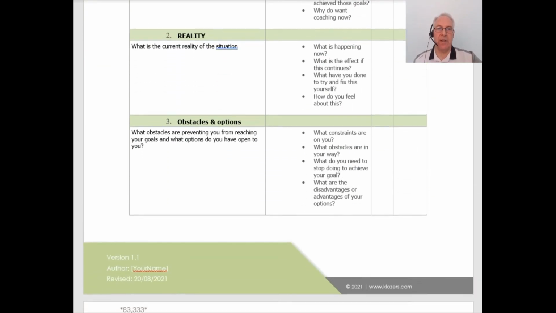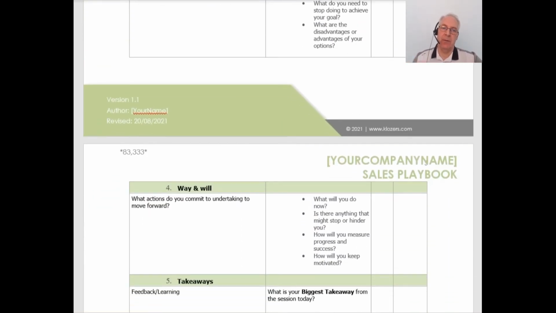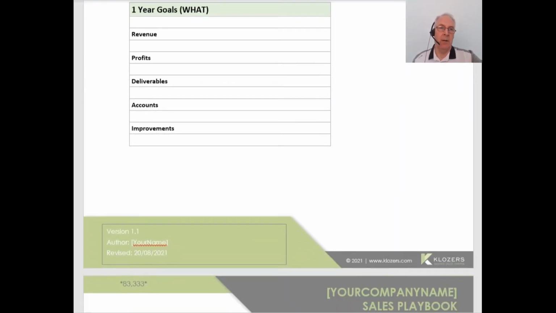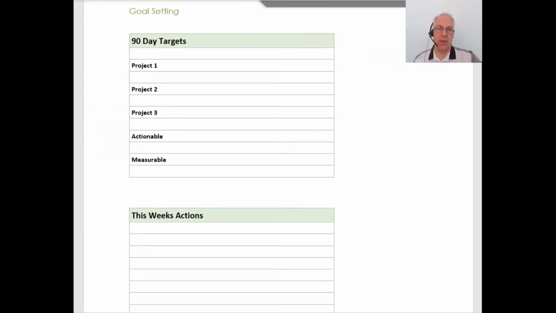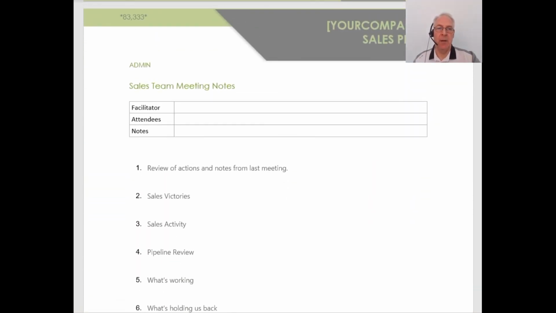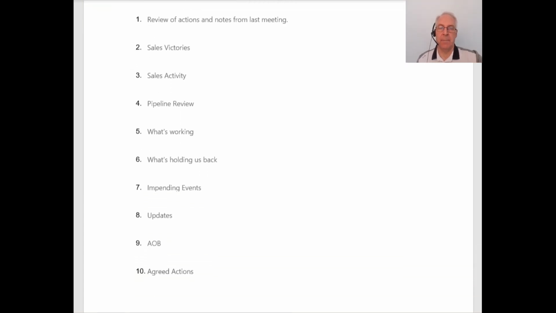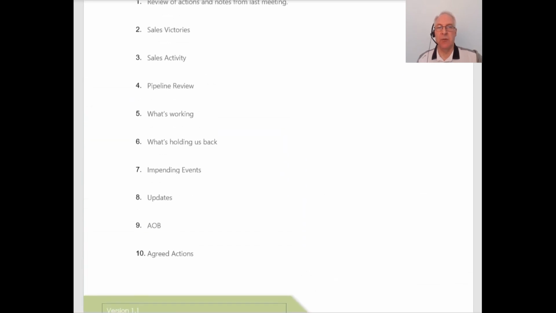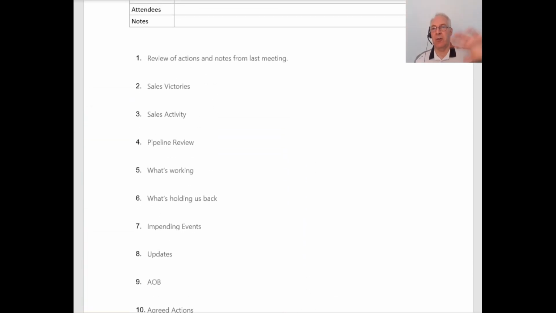Sales coaching worksheets, that's the individual worksheets. The previous one was the onboarding ones. Goal setting, you've got to be setting goals. If you're not setting goals, you're just coasting. And then admin, so things like, if you're going to have, I would imagine, at least a weekly or bi-weekly sales meeting, here's some suggested agenda points for those meetings, and you can then document it and immediately share it within Microsoft Teams, OneDrive,